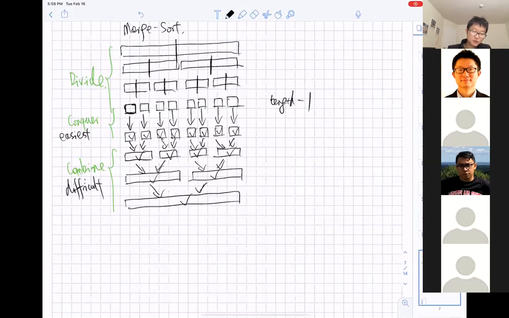And with regard to the divide, it's also pretty easy. We just need to find the middle point of an array and cut it from there. We're going to see that function later. We're not trying to get the median of it, right? Correct. We're not trying to get the median value. No, we're just getting the middle position.